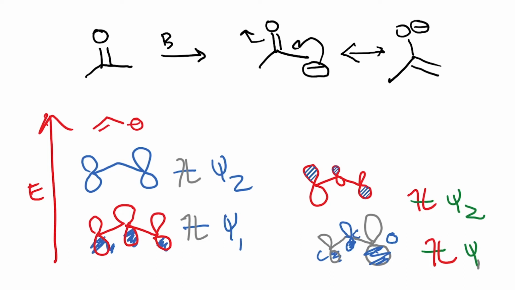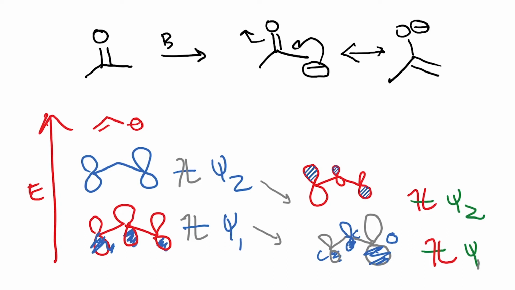Now, therefore, there are two important takeaway points. Number one is that oxygen is more electronegative, so therefore it brings down the energy. If you compare the psi2 of the allyl anion versus the psi2 of the enolate, the energy of the enolate is substantially lower. The second one is that the electron distribution is actually happening across all three atoms, and in psi1 you have a larger lobe for oxygen, and in psi2 you have a larger lobe for carbon.